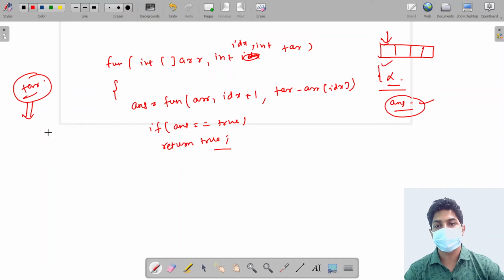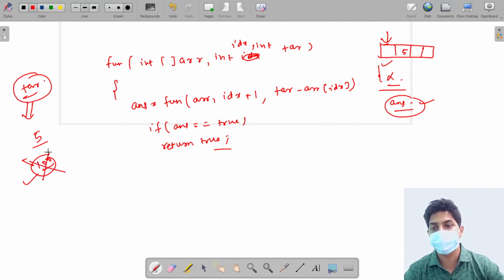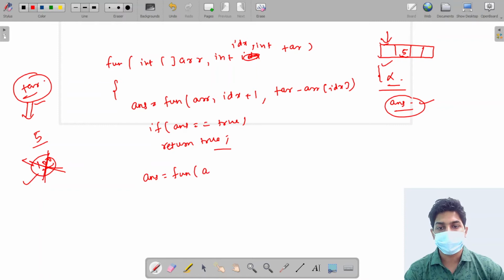Suppose our target is 5 and this element is 100. If this element becomes a part of the subset, then we will never be able to make 5 since our sum is greater than 5. So then we will choose the second option. Suppose the second element is 5. Then our second option will be to not choose this element. So this element will not be a part of this answer, and this 5 will be able to make the sum equal to target. So our second choice will be that this element will not be a part of the subset.